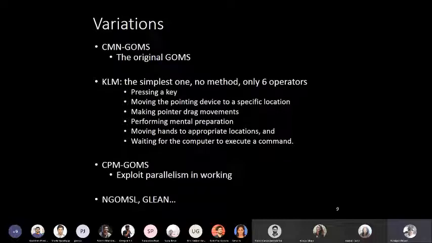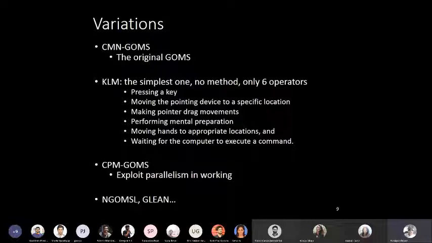So KLM stands for keystroke level model, and the KLM model not only limits the number of operators to 6, but it also predicts approximate time for performing all these operators. And this approximation means there was a mean and a plus minus standard deviation. So basically what you can do with the KLM model is think of a method to achieve a goal, and then break this method down through these 6 primitive operations, and thus predict approximate time of task completion for any HCI task.